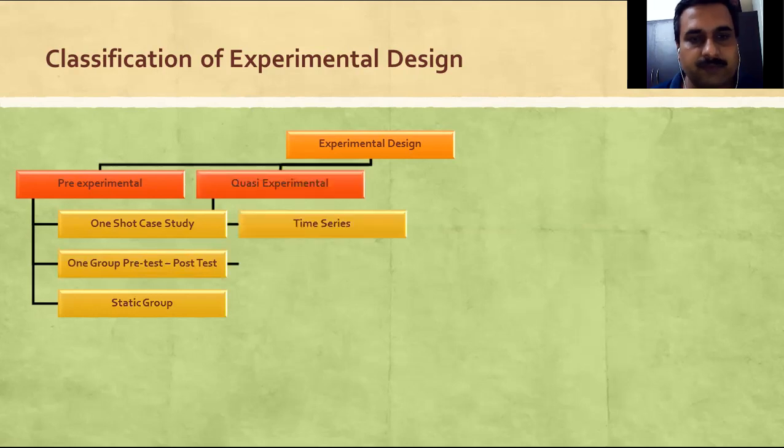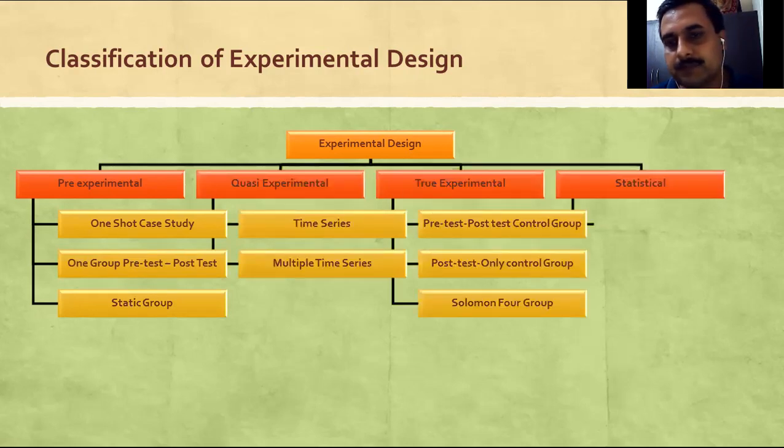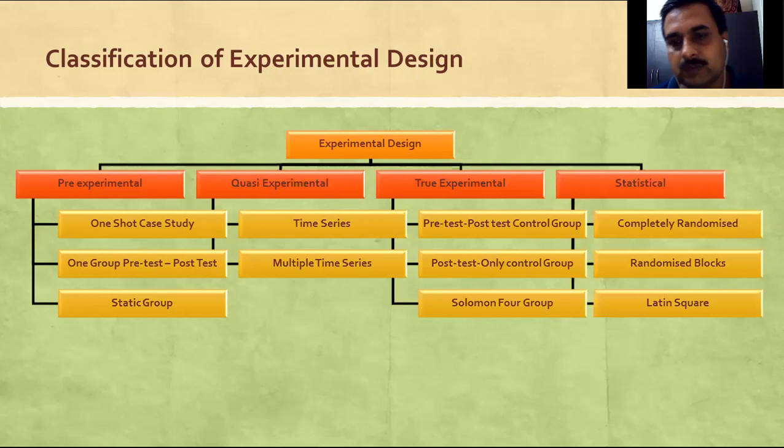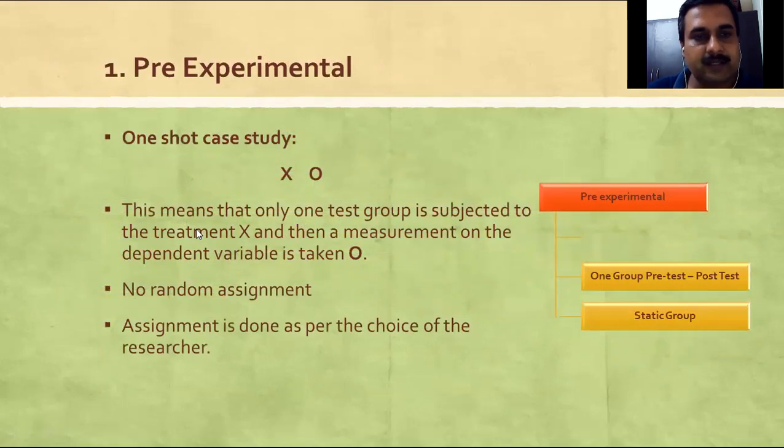So let's move further. We are into this pre-experimental design. We'll cover this pre-experimental research design in this lecture video. Let's start with this pre-experimental research design. The first type of experimental research design is one-shot case study. Why do we usually say one-shot case study? Because only one group is exposed to the treatment, and the treatment, in our example, is basically your sales